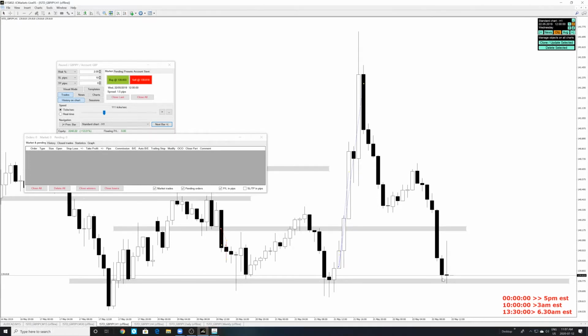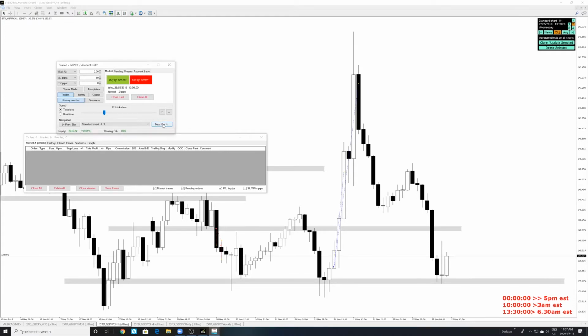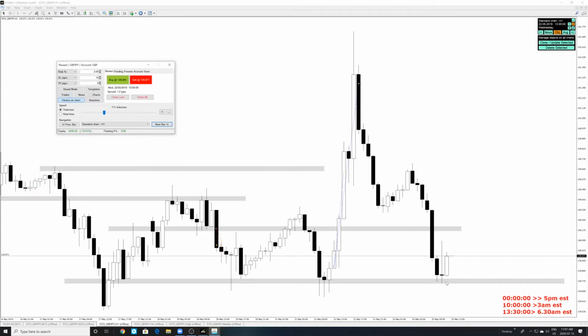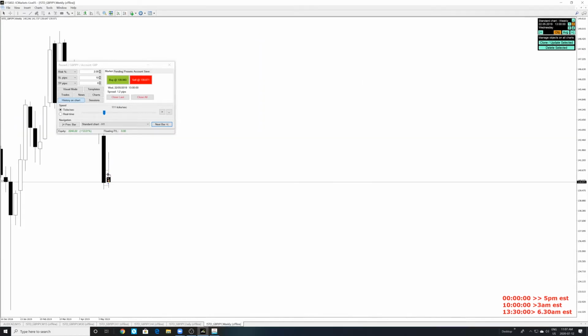So this is where price is. Okay, so this is 5 a.m. This is 6 a.m. right now. So we are at 6 a.m. at the moment, and price is right where it was yesterday. This was when we came to the charts yesterday. This is where price is now when we woke up the next day. Right, price is at support. Let's take a look at the weekly. Weekly is now coming back down after creating that big wick over there.